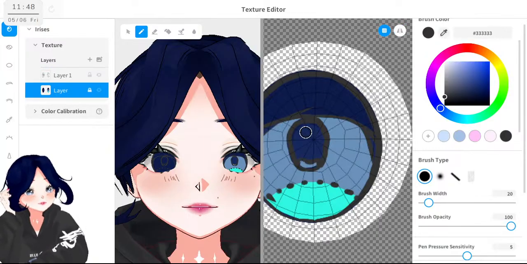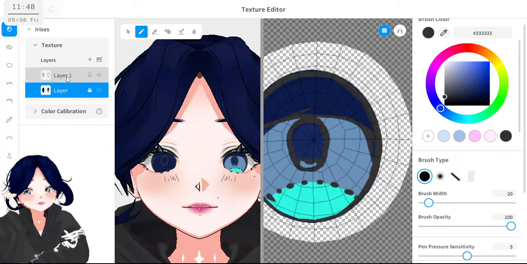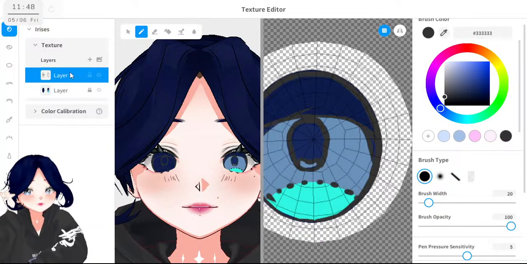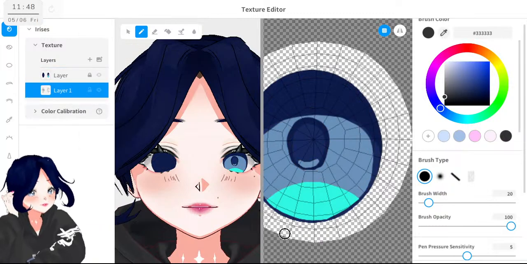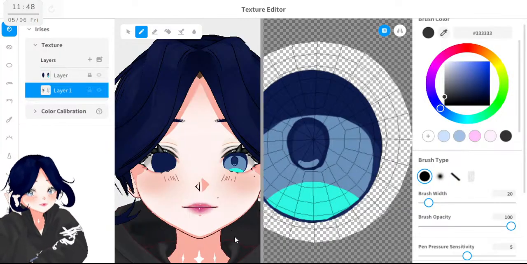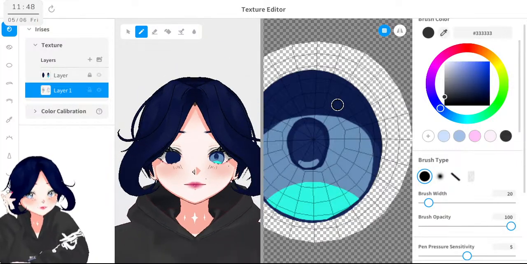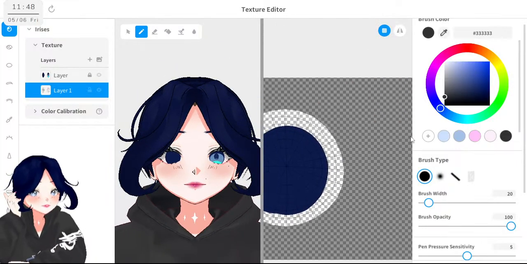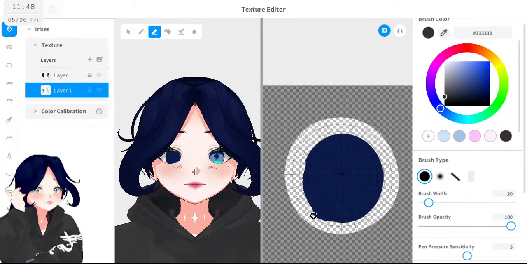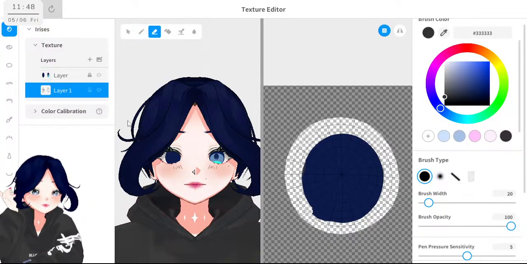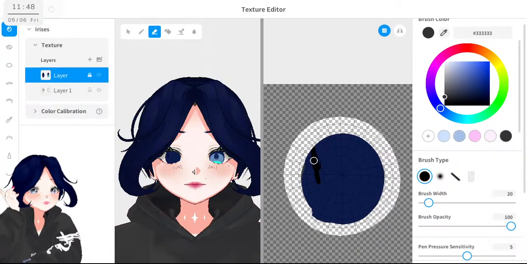Okay, let's go back to this one. Move down, and okay, this one doesn't work. Let me just erase everything here.